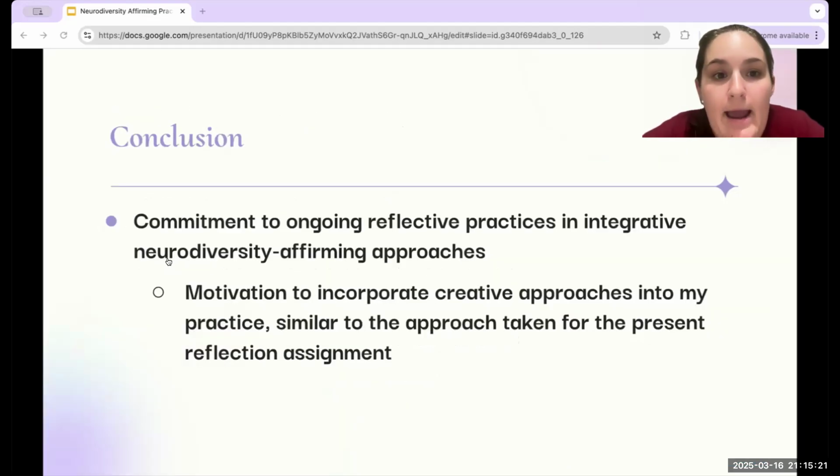In conclusion, I am committed to engaging in reflective practices in my long-term plans for integrating neurodiversity affirming practice. Throughout this course, I've gained valuable key learnings that will be implemented and incorporated into my future practice. Just as I took a creative approach in this assignment, I am motivated to commit to creative approaches in my